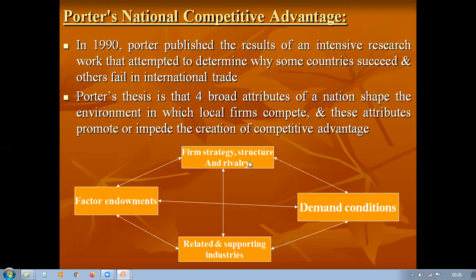So a country would definitely have this competitive advantage through these four factors. To conclude, Porter's theory blends the traditional country-based theories and the firm-based theories. So we have to take all the theories into consideration to understand and explain the trade structure, direction, and flows among countries. The firm-based theories are more helpful than the country-based classical theories.